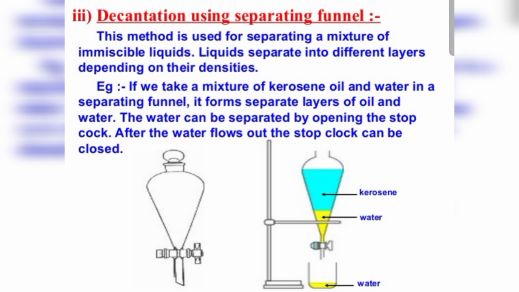And what are the applications of this method? It is used to separate a mixture of oil and water, a mixture of ether and water also, and it is used to separate iron from its ore also. So we can apply this method to separate two immiscible liquids. A mixture of more than two immiscible liquids can also be separated by using a separating funnel. For example, a mixture of mercury, water, and benzene can be separated by this method.